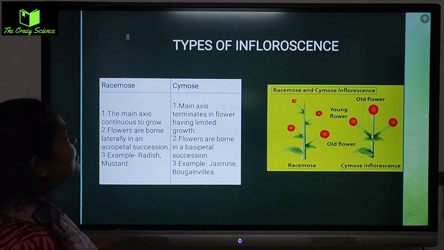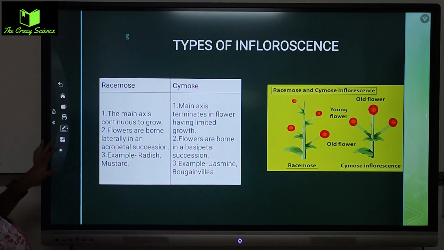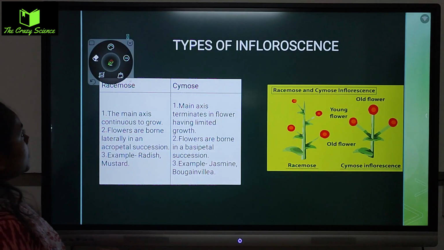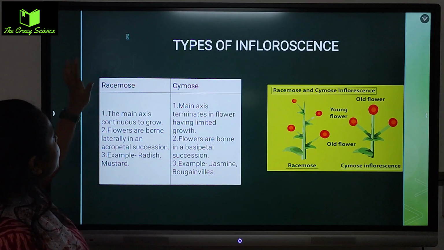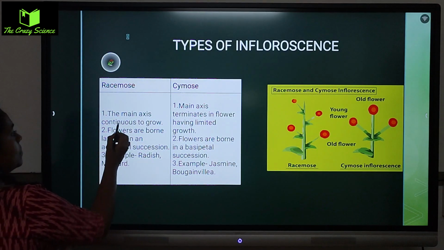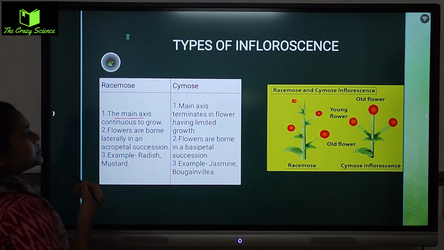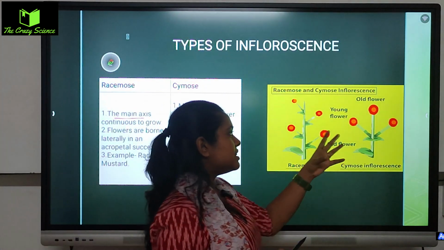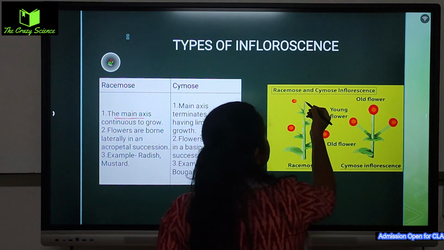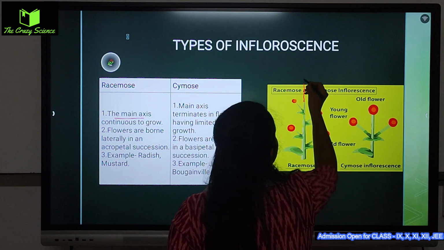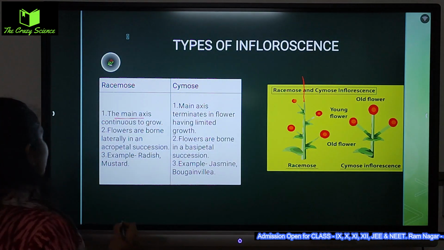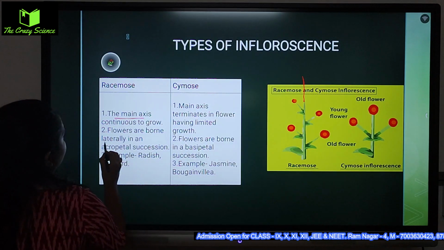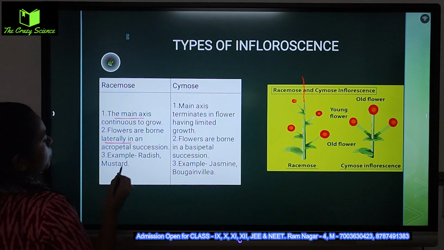That is very interesting and very easy to know also. So racemose and cymose, as you can see, racemose means that the main axis continues to grow. Main axis means upper axis. See, this is a racemose, this is a cymose. So this main axis or upper axis is continuously growing, and flowers are borne in acropetal